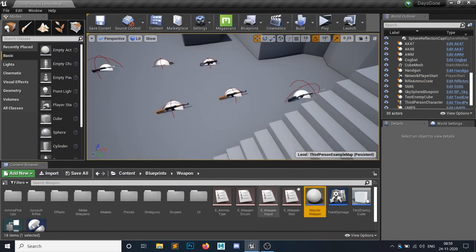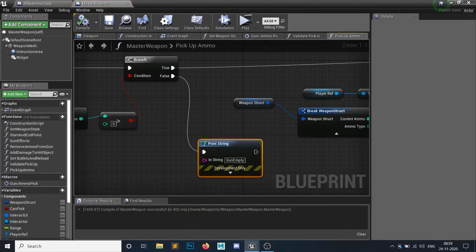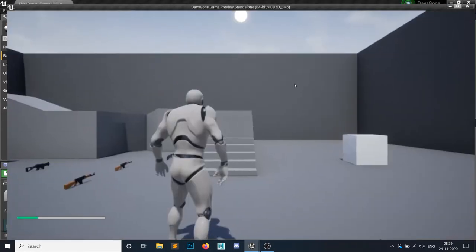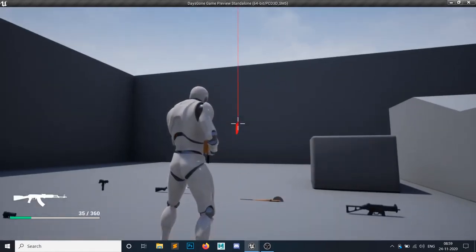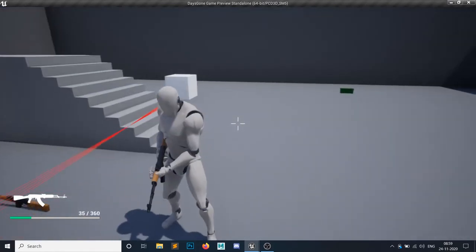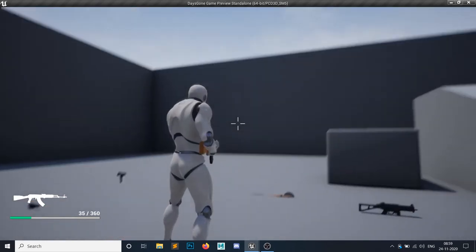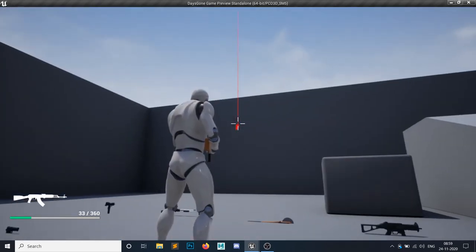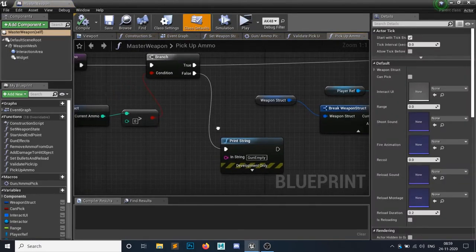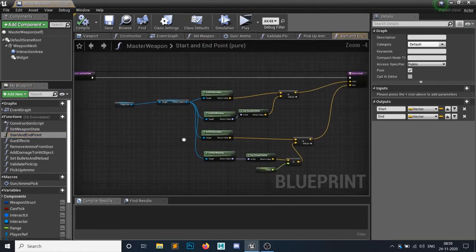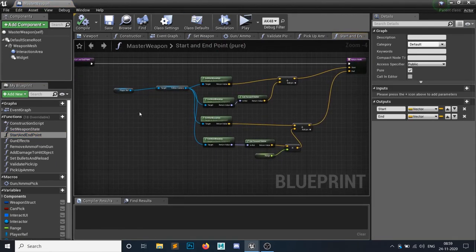The next thing we want to do is this one. Let me first show you. So as you can see, I am shooting a gun, and it is shooting from the trace starting from my follow camera middle point to the range of the center of the follow camera. Consider a situation like this. If your AI has a gun, right? So let's go to the start and end point. This is the starting and ending point of our player.